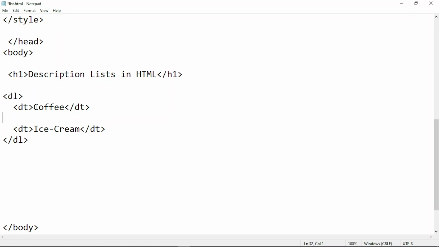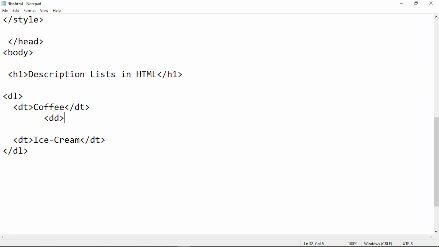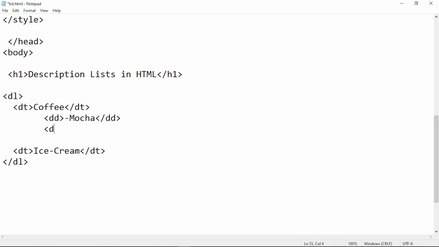If I want to specify some description of this coffee, for example, I have different types of coffee, I can specify that in a DD tag, which stands for data description. So I can write DD here, and inside that I can specify the description by adding a minus symbol. That will look cool, but we can leave that out if I want. Let's add it. Okay. So we have different types of coffee. Let's say we have mocha, and I can close that DD. We have Americano, let's say,